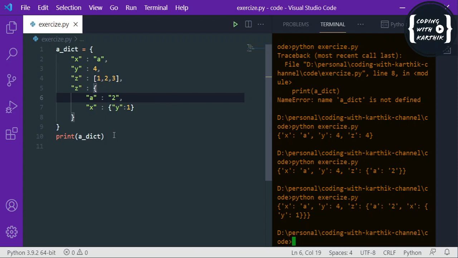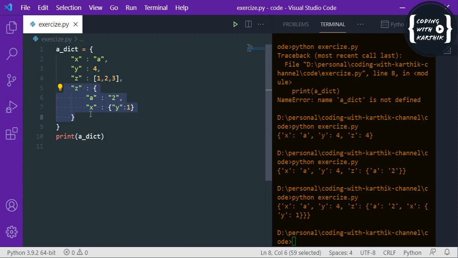And next is the nested dictionary. Because dictionaries allow different data types inside, for a specific key you can give one more dictionary, and then it becomes a nested dictionary. You can see the example here itself, right? And the next thing, there are other methods, like you can copy the dictionary using the copy() method, you can clear the dictionary using the clear() method, and you can delete the entire dictionary from the scope using the del keyword. That way you can delete the dictionary from the scope, okay.